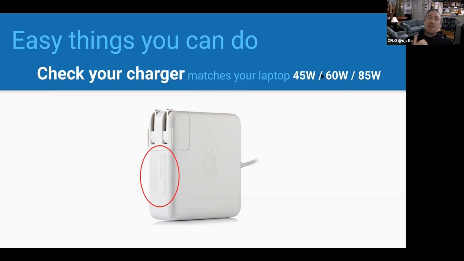So it's in your best interest if after this you go check and you're like, oh my gosh, I have a 13-inch Pro and I am using a 45, and you want to fix it, go buy the 85. In fact, anytime I buy extra power adapters, one for my DJ bag, one for my bedroom, one for my living room, I always just buy the 85, because that's the most versatile, and it doesn't damage your computer. In fact, it might even charge it a little faster. I'm not quite sure, but I've seen people say, my computer doesn't charge, and it's like, you don't have the right power adapter. So you can check the wattage right there on the adapter.